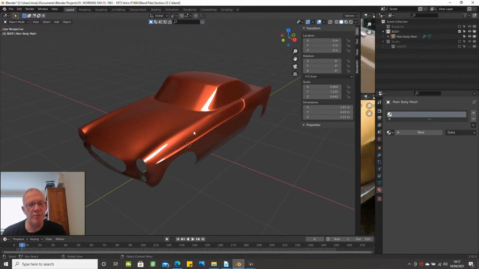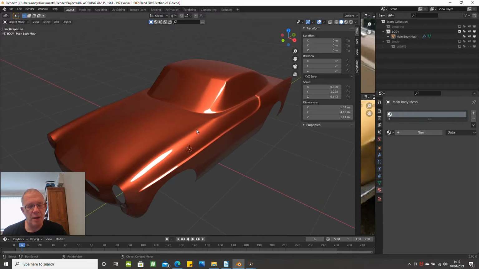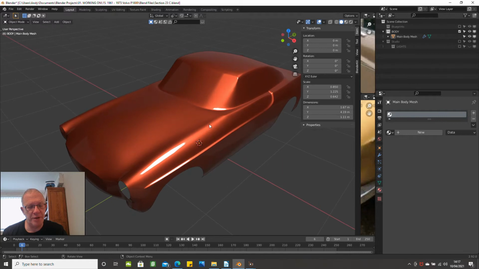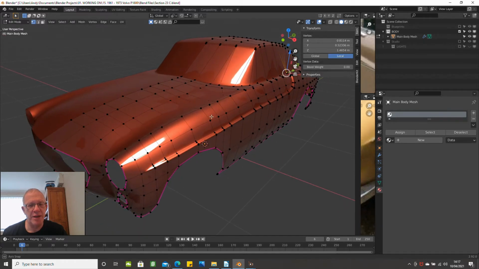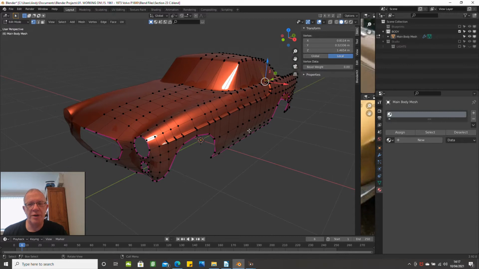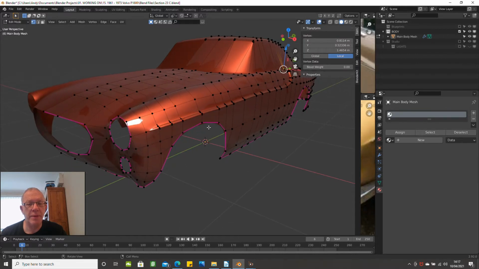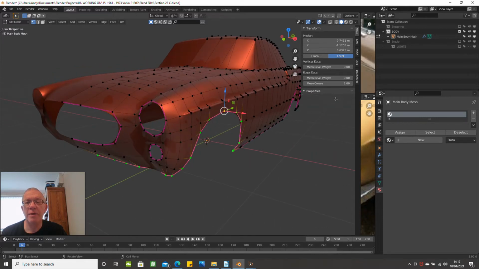So I'm now using Blender 2.92, so I've had to go and change all the preferences before I started. Now, what I've also done is this. I've increased the bevel. So if you highlight a line here, for instance, all the way along, I've increased